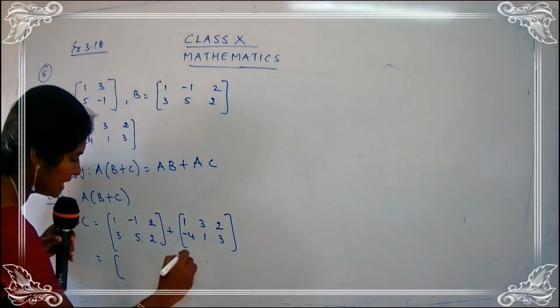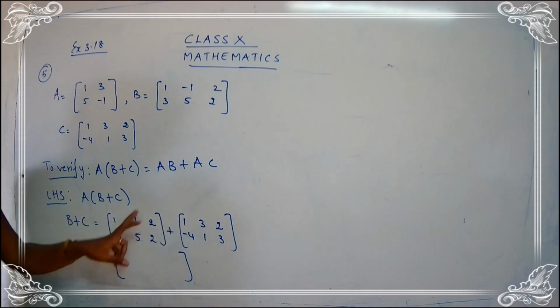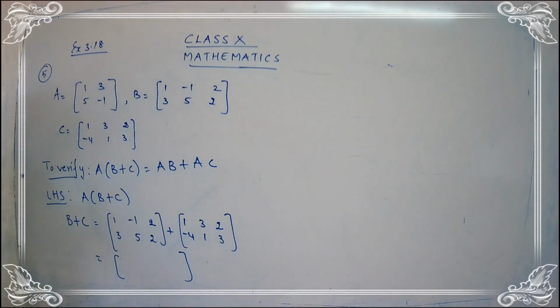You know how to complete the answer, come on. Add. When I have told you, whenever you add, go for the corresponding element. Choose the corresponding element. So 1, 1, minus 1, 3. Be careful with the sign. Do the calculation properly, children. Have you done the calculation? Have you added? Okay. Let us check the answer now.